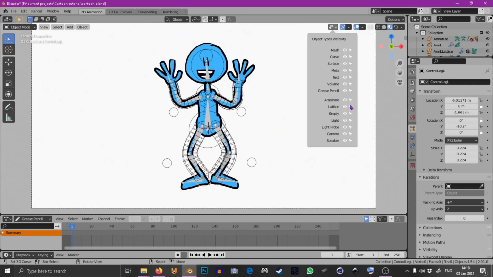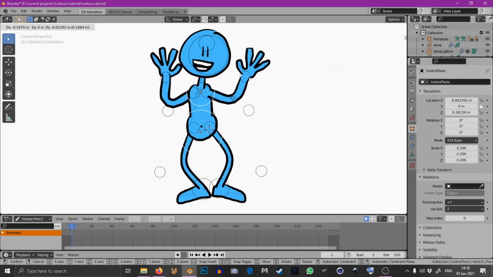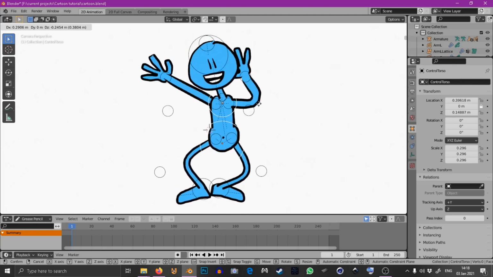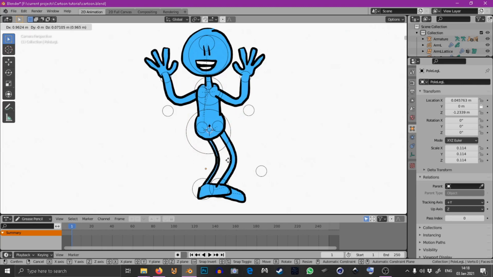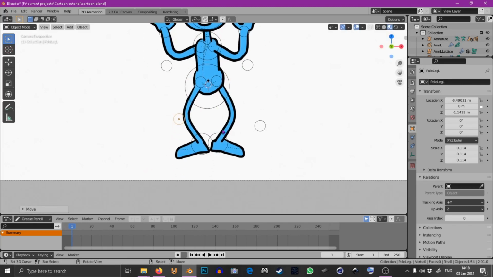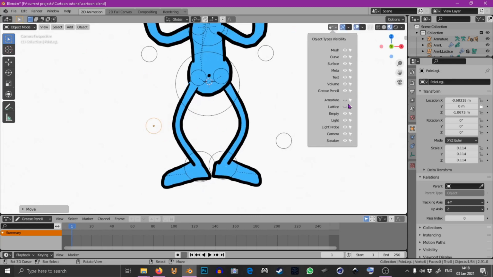So now that we have our bendy boned guy, we can turn off the armature and the lattice and just test him out, and you'll see he's quite happy. And if we move this pole back and forth, we'll see that this leg is not actually working as it's intended. This is a mistake on my part from the previous tutorial, and how to correct that is